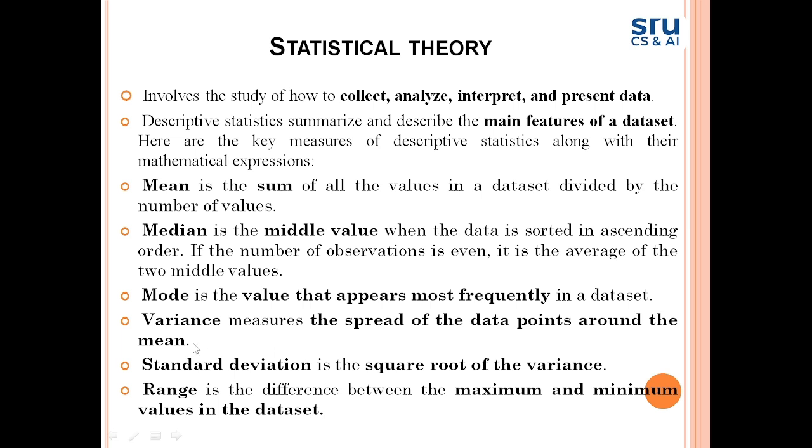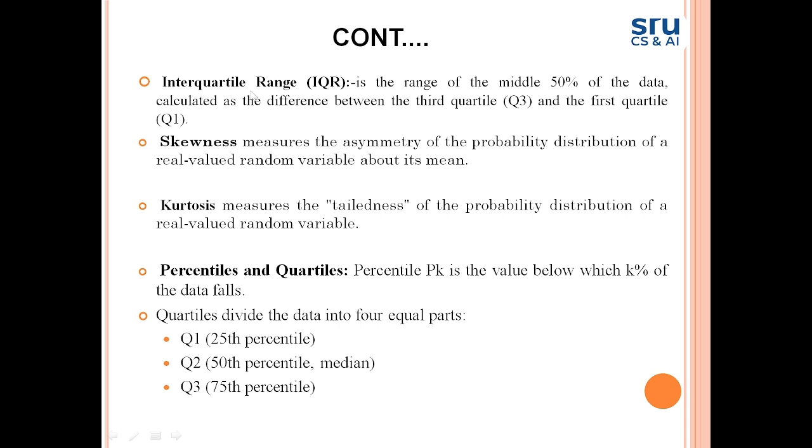So in machine learning, suppose we have to find the variance of a data set. First of all, we will take the mean, median, mode, and then we will see how the data is spread around the mean. Standard deviation is the square root of variance. Range means the difference between the maximum and minimum value in the data set. Interquartile range is the range of the middle 50% of data and is calculated as the difference between the third quartile and